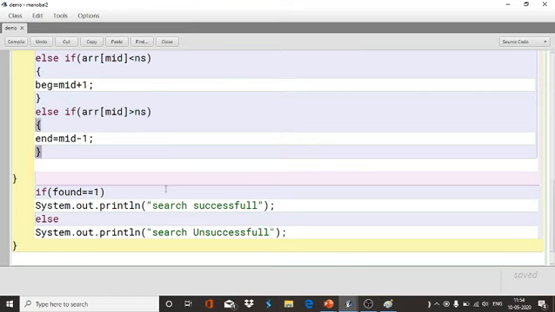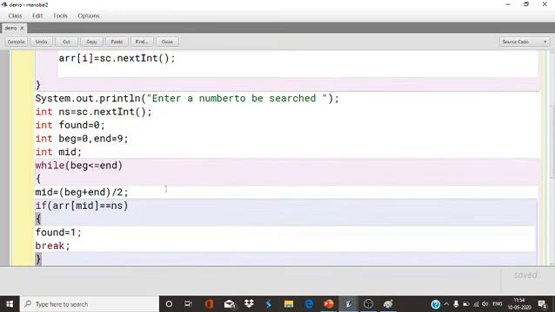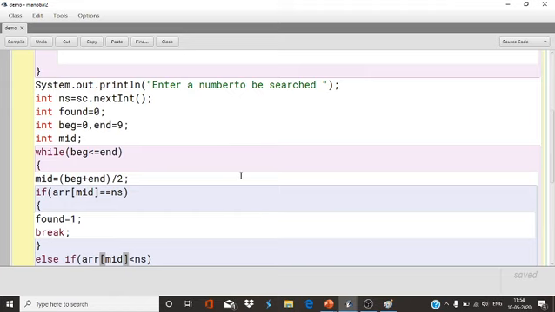Now I want to explain this through an example. Let's take an example. Take 10 numbers: 1, 2, 3, 4, 5, 6, 7, 8, 9, 10. As we know, the array elements should be in a sorted list.